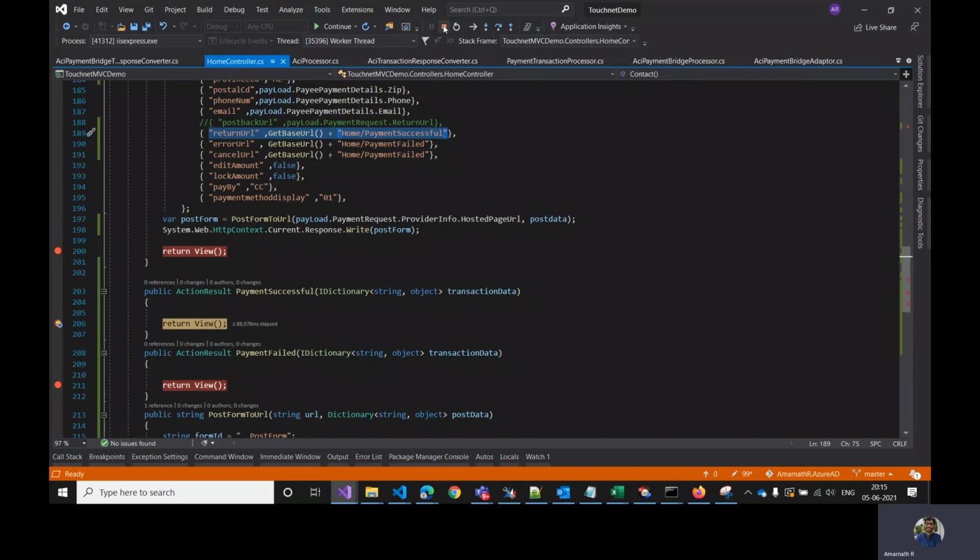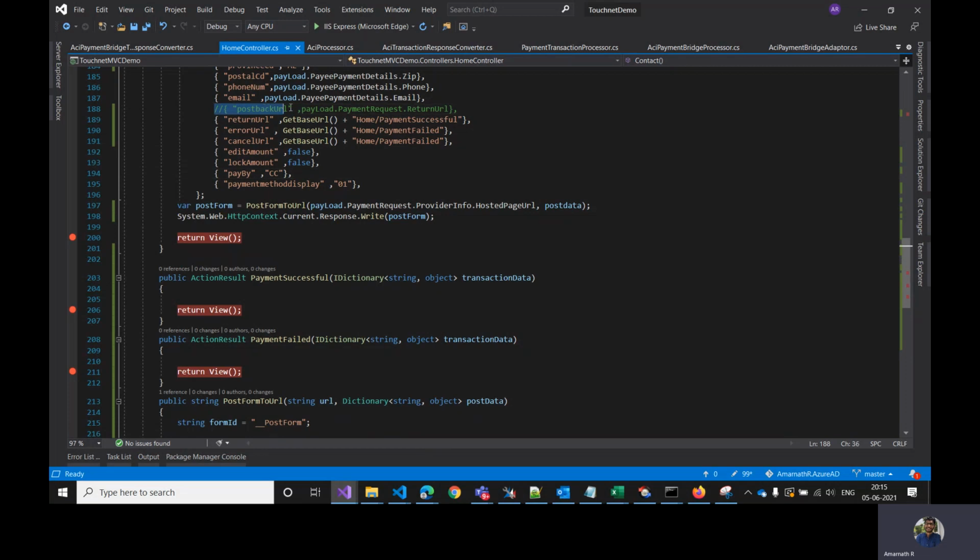Okay, so let me just stop. Yeah. And if we pass the postback URL for this one, it will not accept it first of all. ACI is not having any postback kind of thing, so we don't have an option to pass parameters and expect that back. So I'll show you one more, the cancelled or failed scenario.